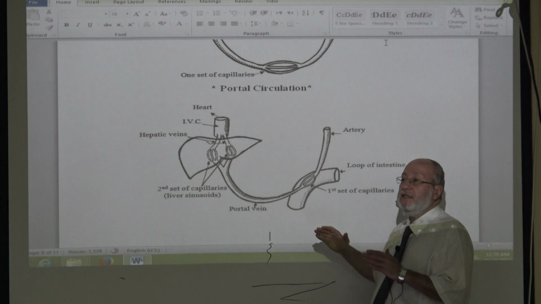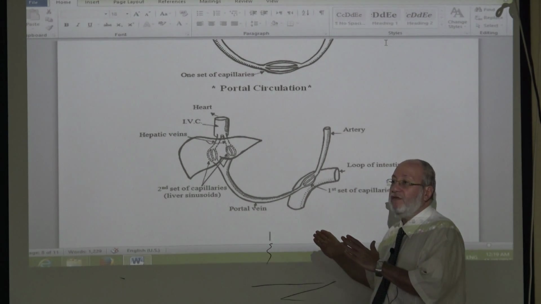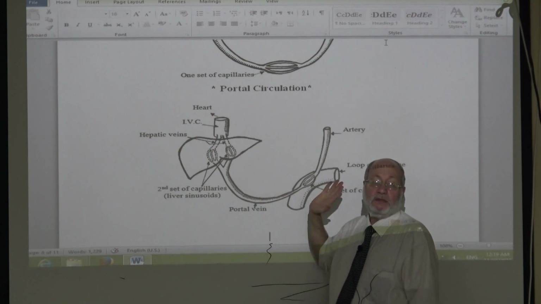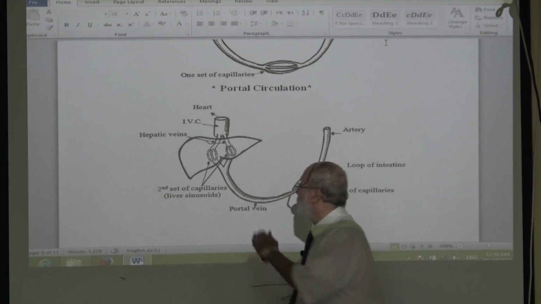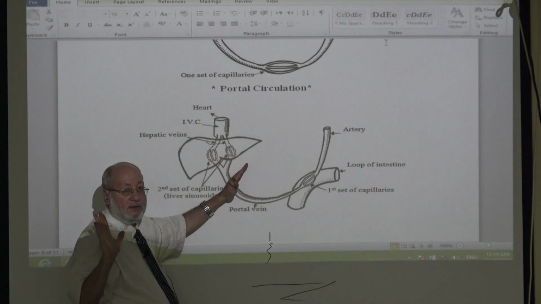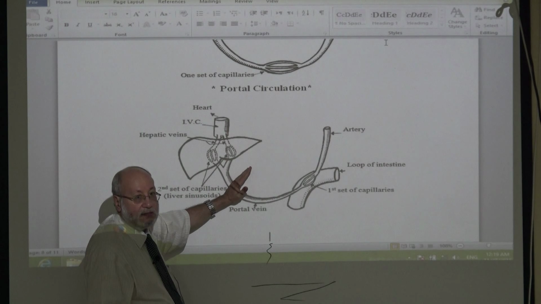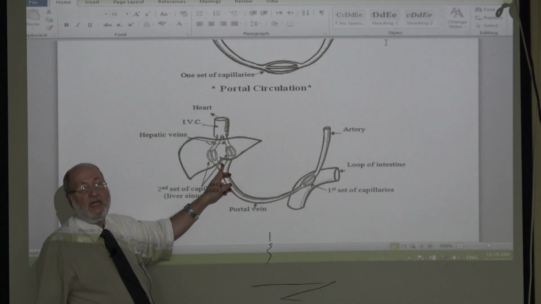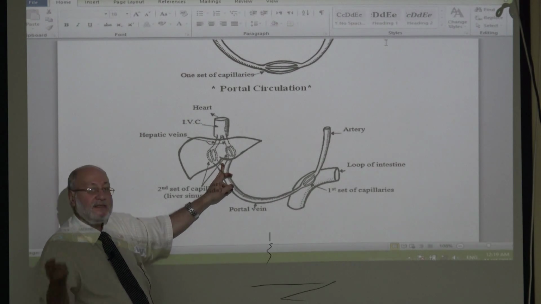The tributaries of the veins are collected into larger veins until a portal vein is formed. Until now, this is as in the systemic circulation. What is the difference? The difference is the portal vein in the hilum of the liver, in the porta hepatis,